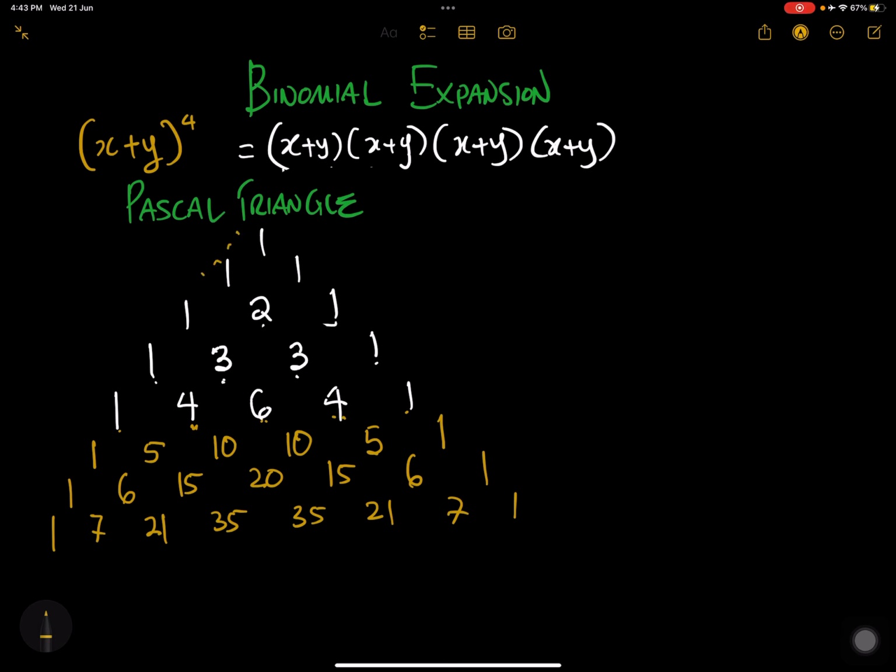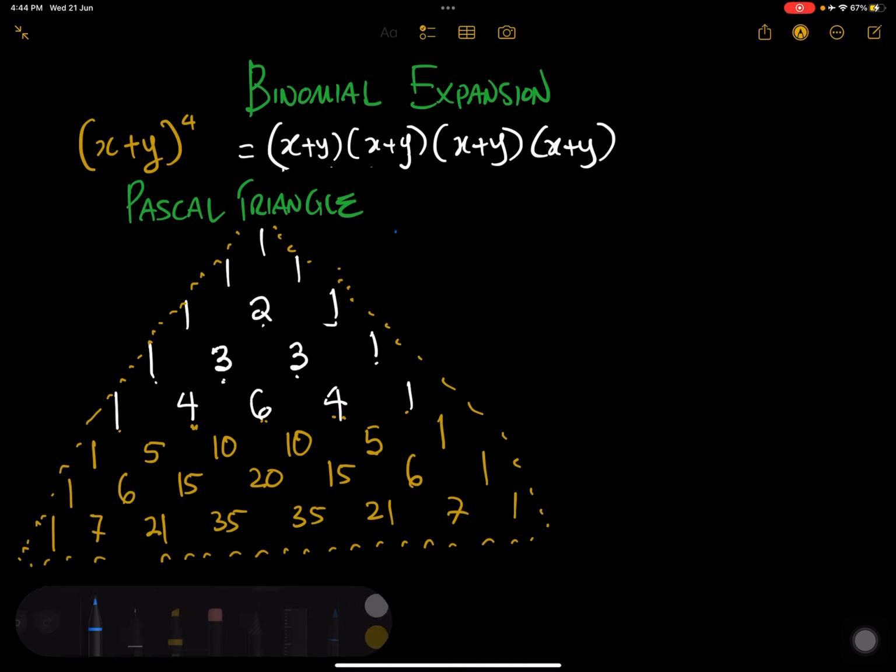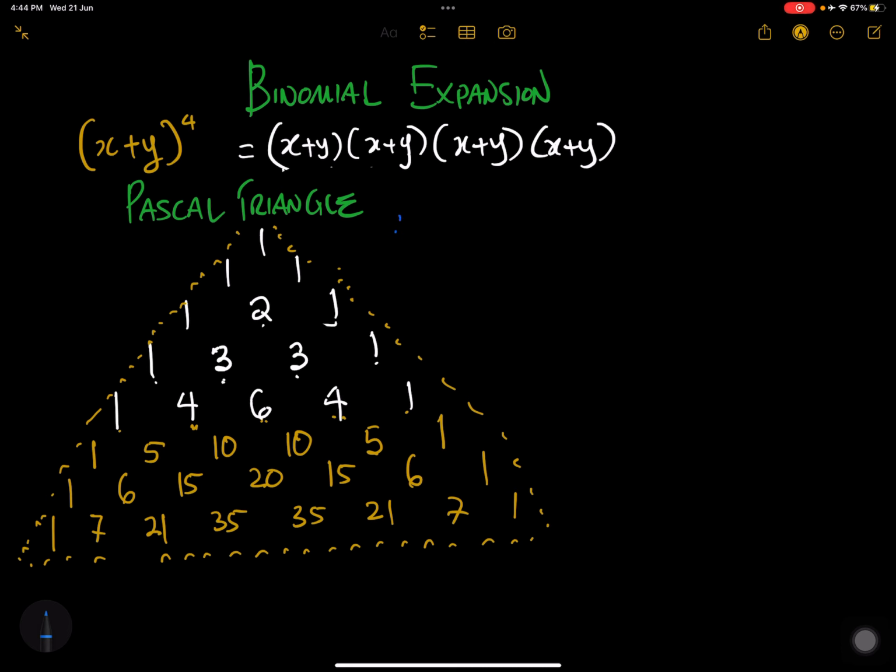You can see clearly, we draw some arrows, dotted lines. We can see the shape it is taking, and it's known as the Pascal Triangle. It was named after a man by the name Pascal. That's why it goes by the name Pascal triangle. So if you have 0, you are being told to expand something, maybe x plus